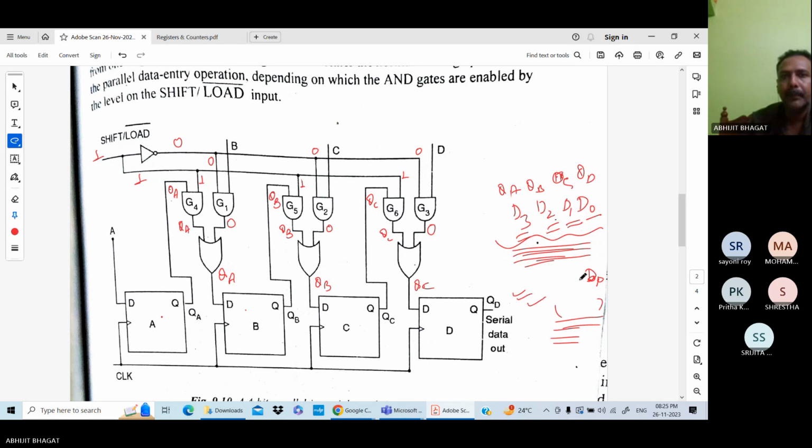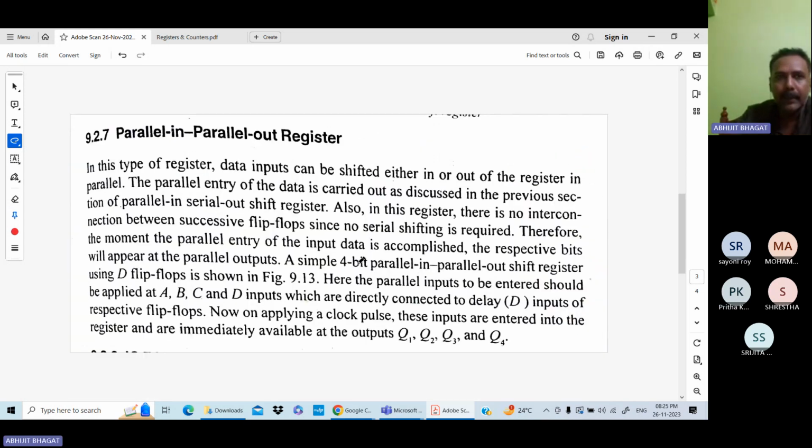Okay. হ্যাঁ স্যার. আচ্ছা, নেক্সট ইজ প্যারালাল ইন স্যার প্যারালাল। হ্যাঁ বলো।